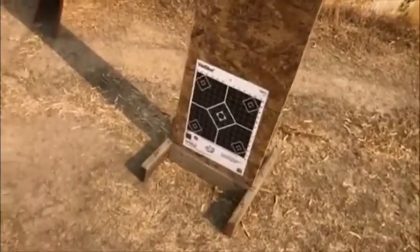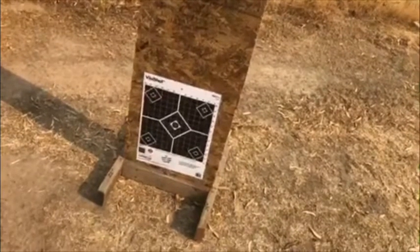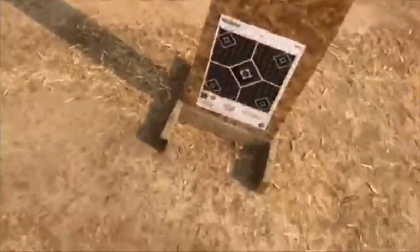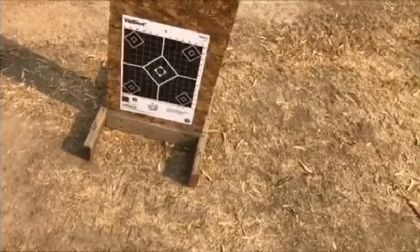Targets are $13 for a 10 pack, so we're at $1.30 each on those targets. I don't usually include that in any of my costs because I go through a lot of targets and a lot of ammo. So relatively, this whole target stand is fairly cheap to build. Now if you do want to add in